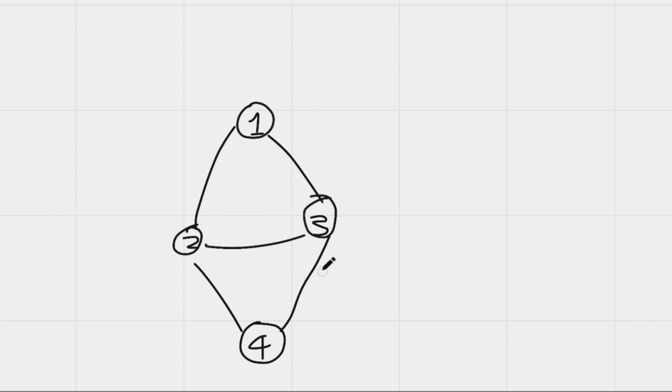There's a path connecting them. Now, it just so happens that this graph that I drew is a connected graph, so we can do this to make it not connected. Now, if we erase the edge between node 1 and node 3, and then erase the edge between node 1 and node 2, then we have an unconnected graph, because